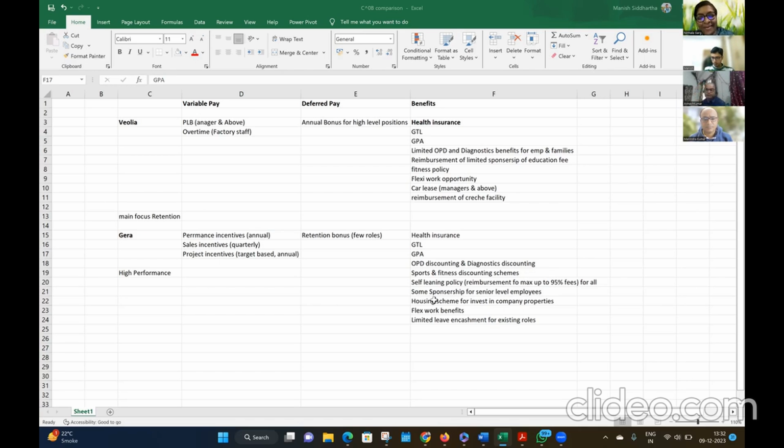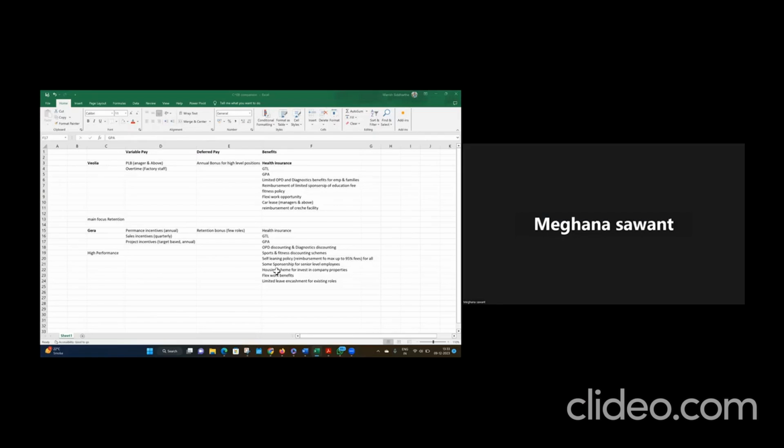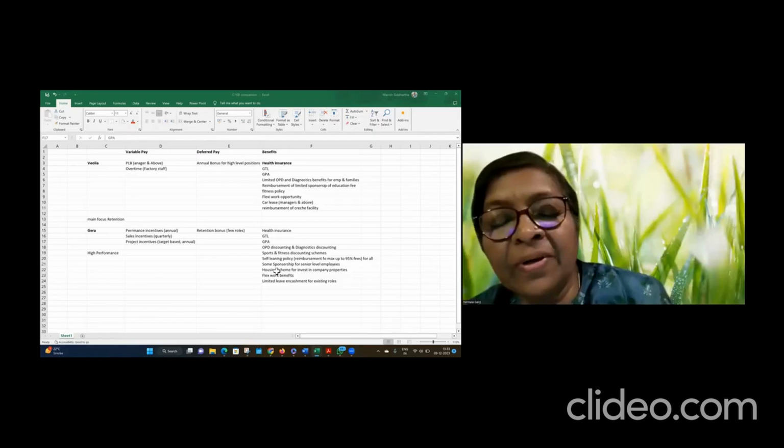So the focus is more on performance, and we are further wanting to shift to a much more high performing organization, which is why we are devising our whole compensation strategy, making sure that we are able to show the growth of the employee vis-a-vis their delivery, and make it so transparent with the communication goal. That's our current focus. So yeah, that's excellent.